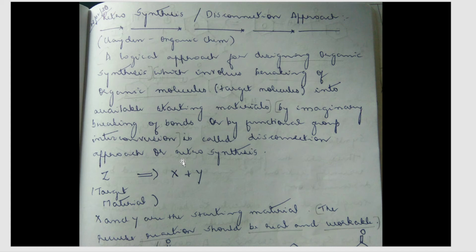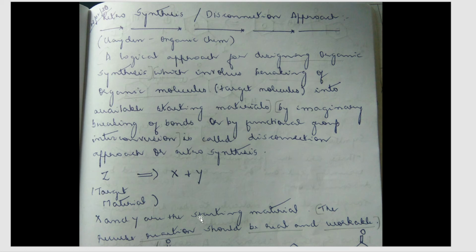That is, you're disconnecting this target molecule to get your main reactant molecules that have actually reacted to give this type of product. So here see, they have given, if Z is a target material, usually how would we write? We would write X plus Y and arrow mark gives you Z, that is a product. Okay, here in retrosynthesis, you are writing it in the reverse order. That is, Z is already given to you, target material. What are you supposed to find? X and Y, that are the two reactants that are needed to make Z.